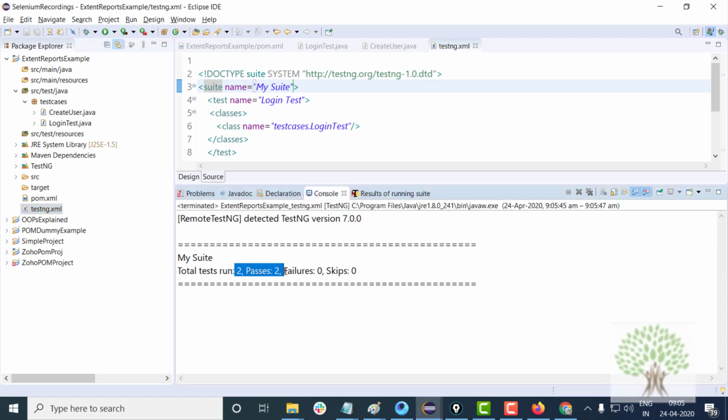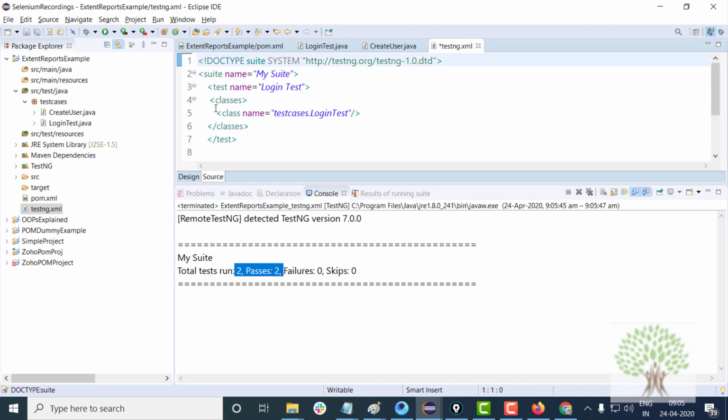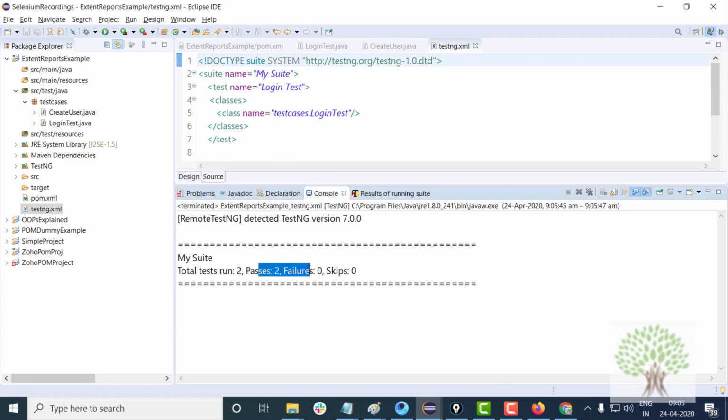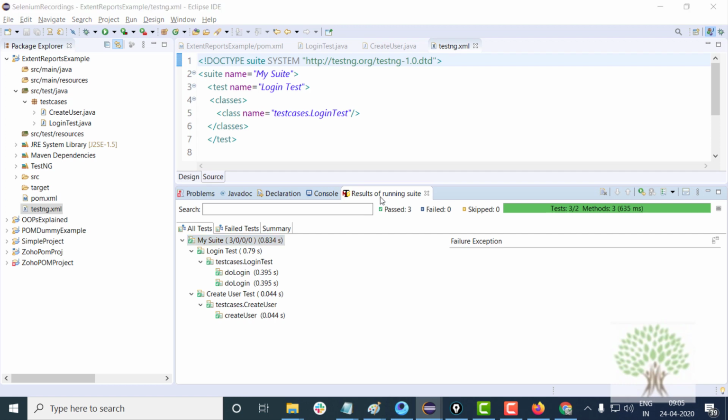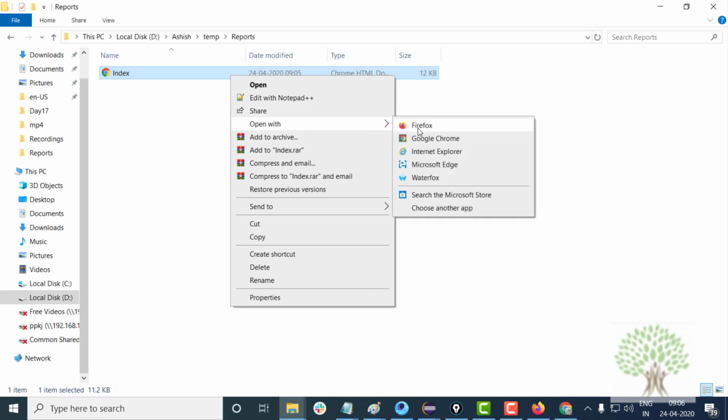Yeah, it passes for both of them. Look, for the test suite you have to give the name, it's mandatory. Okay, so total test runs are 2, both of them passed. And if you look at the report folder, index.html is formed, and if I look at this,